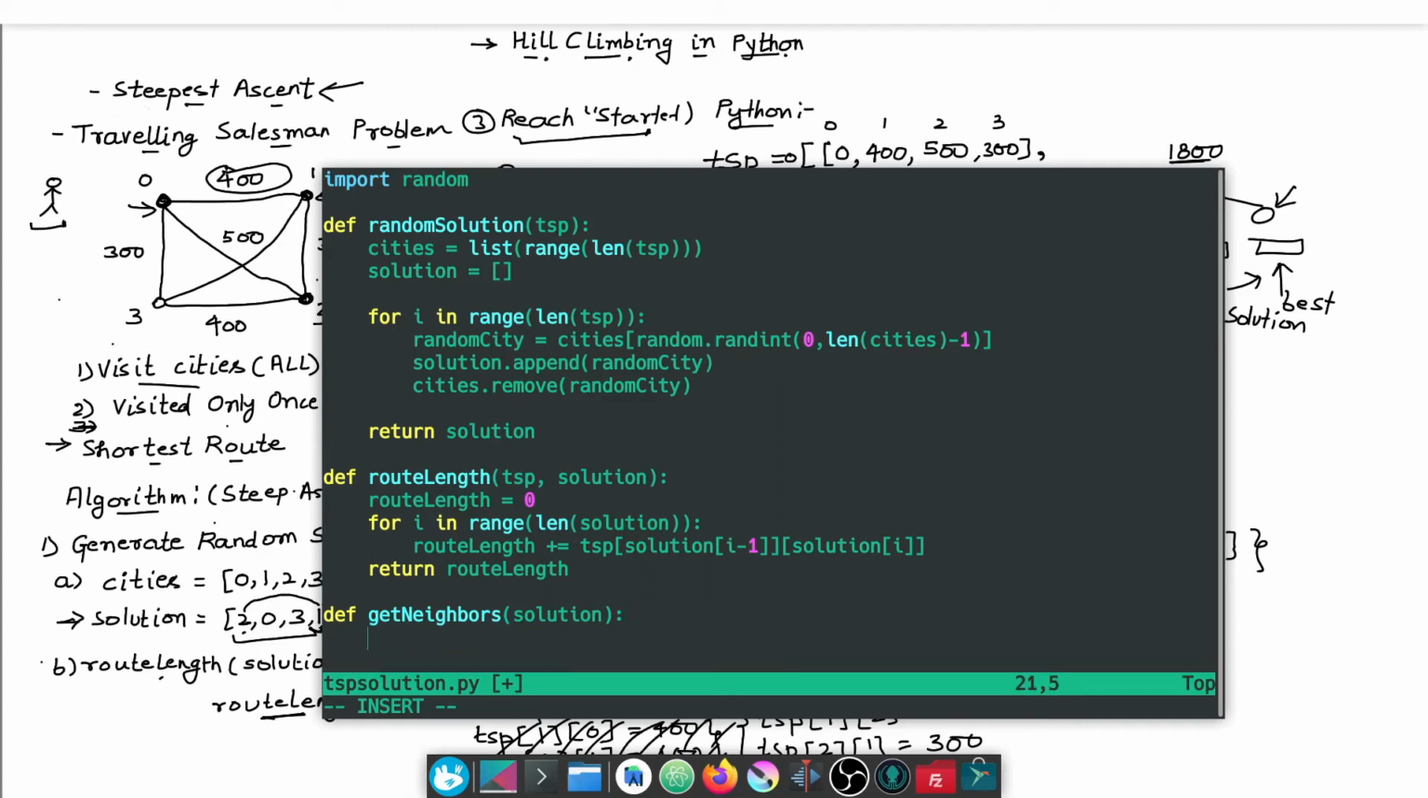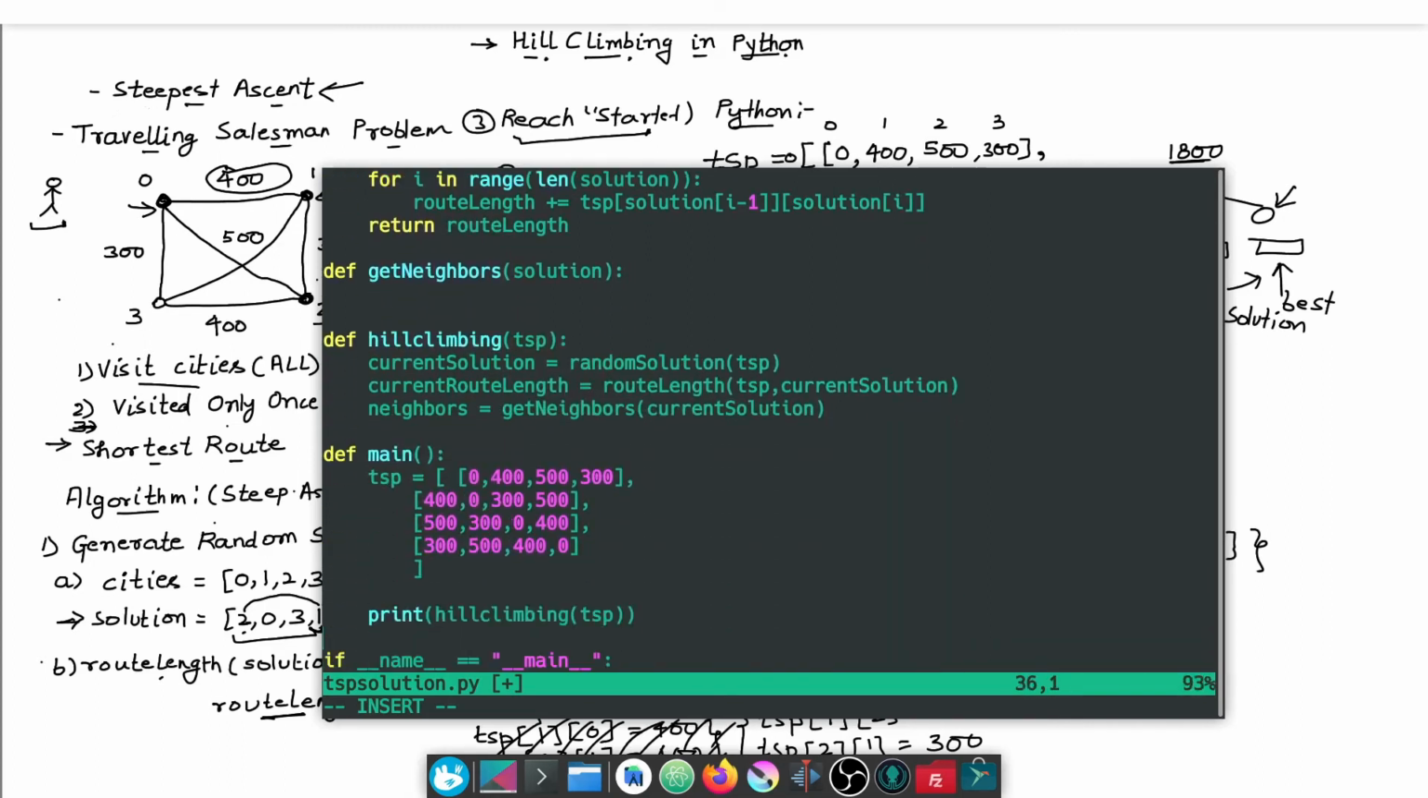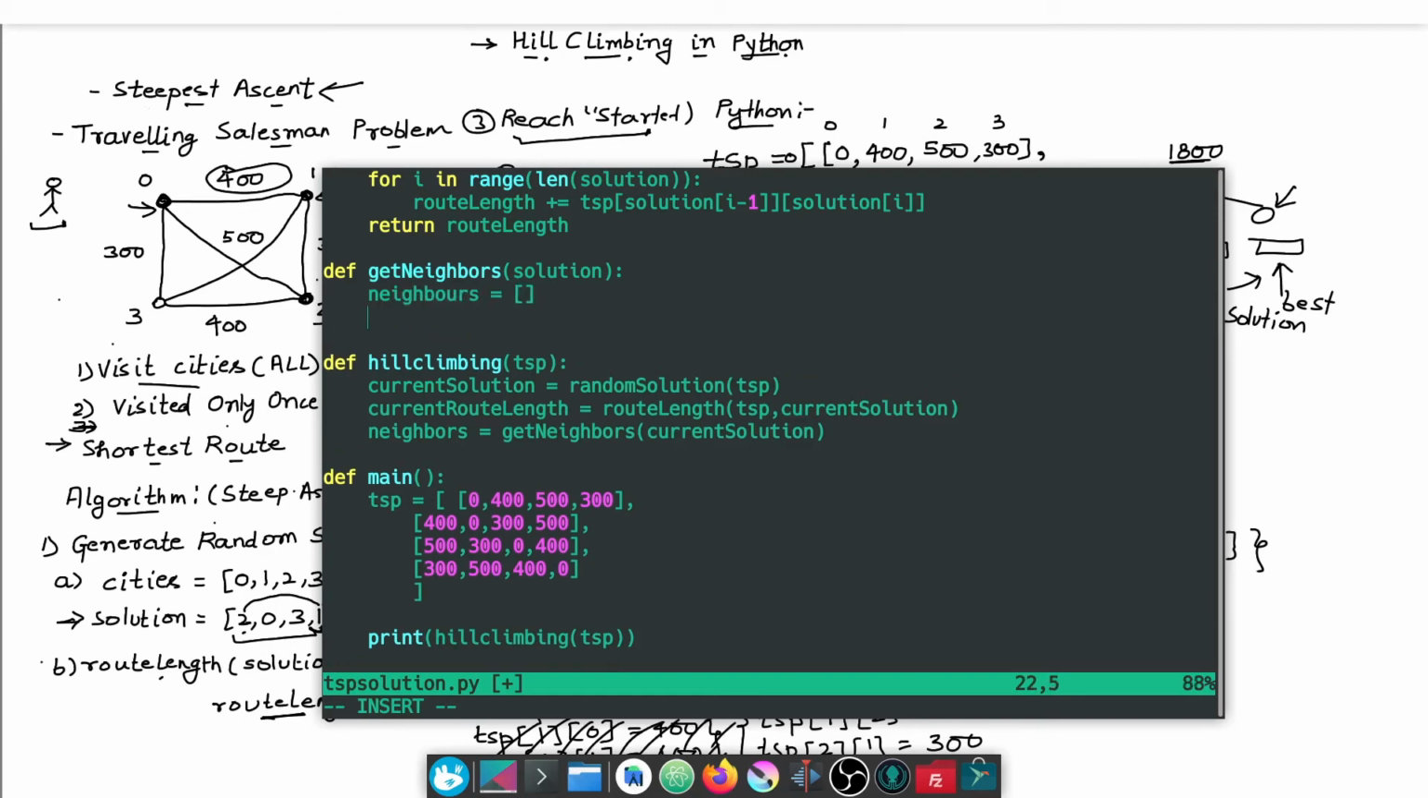Now what I'm going to do is in the get neighbors function I will create a simple list of all the neighbors, right? All the neighbors, and initially it will be empty, right? Now what I want to do is I want to create all the neighbors, right? So for that I will have to use a for loop which goes from for i in range. Again it will be same as the length of the solution,